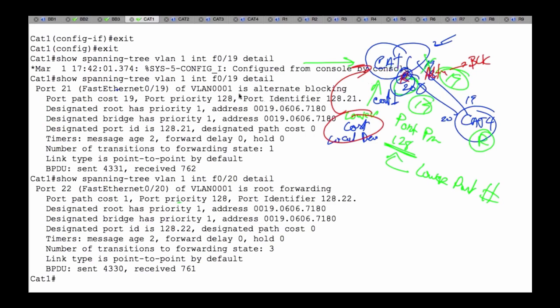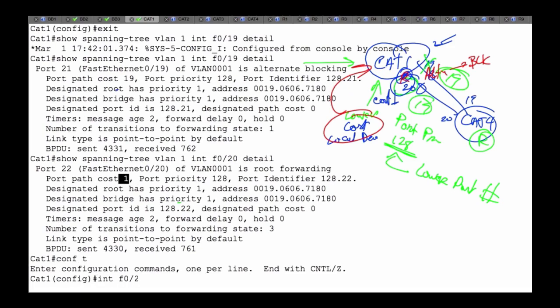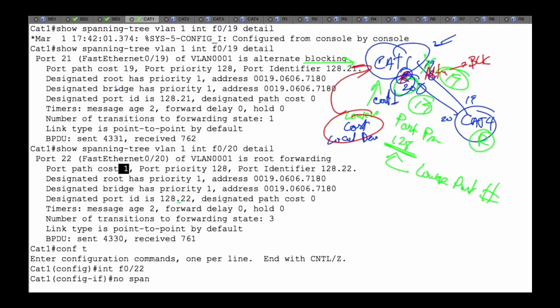Then the first thing we do is we look at cost. This one has a cost of 19, that's 21. This one has a cost of 1. Lower cost is automatically going to be the value. But what I want to do is eliminate that command right now. So I'm going to come in here, config T, interface FA0 22, and I'm going to say no spanning-tree